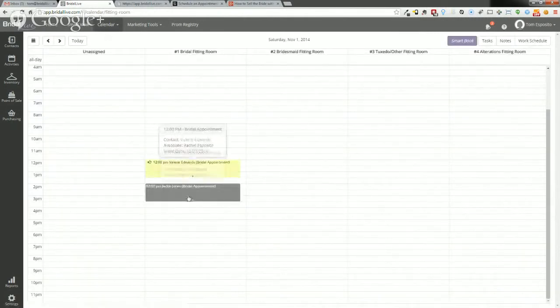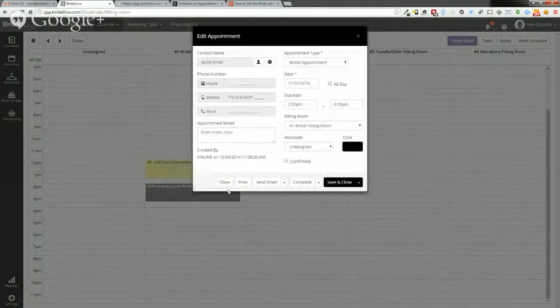If we go back to our calendar on the 1st, the bride will have now submitted her appointment. She will have received a confirmation message, where she went ahead and completed the interview. And now she's showing up at your door. And when she does, you're going to go ahead and use your effective sales techniques to sell that dress. And when you're done, you're going to want to come back into BridalLive and complete the